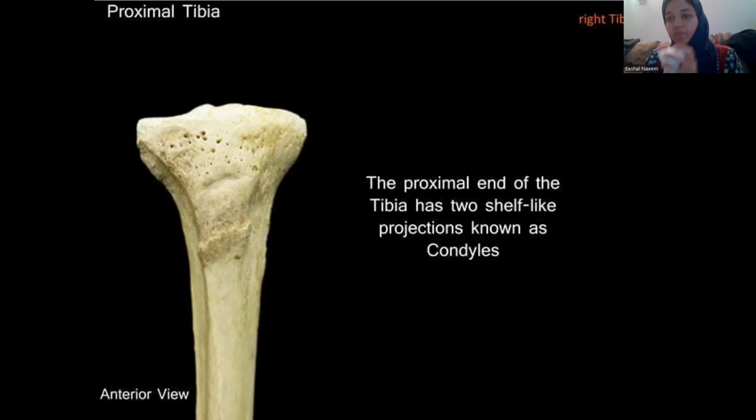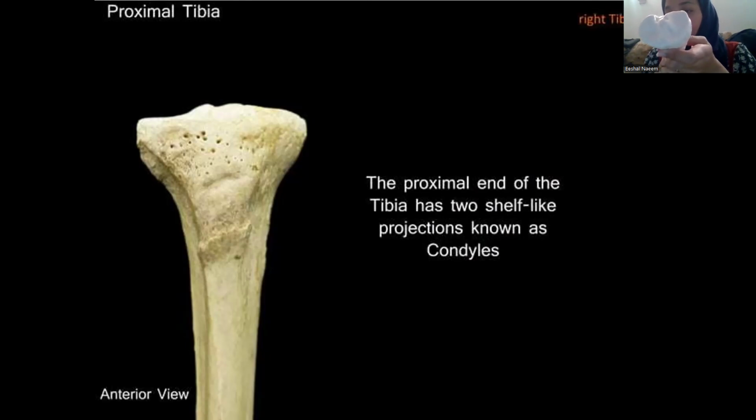Why are they concave? Because they allow for a little bit of a depression or a bowl-like space for some important structures like the medial and lateral meniscus to be placed there to deepen the sockets for the articular surfaces of the condyles of the femur, because we're making the knee joint here, right? So we have a medial condyle and we have a lateral condyle. As we can see that there's a medial condyle and the lateral condyle, right?